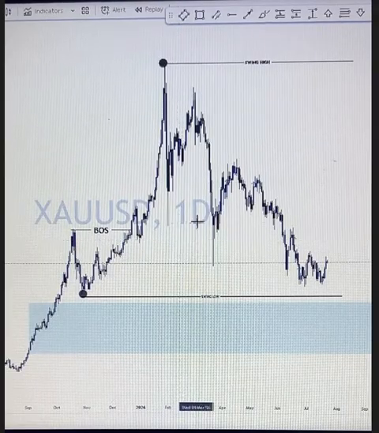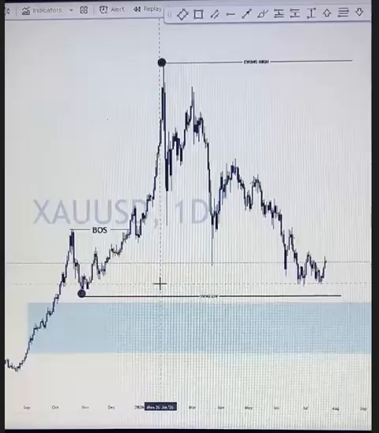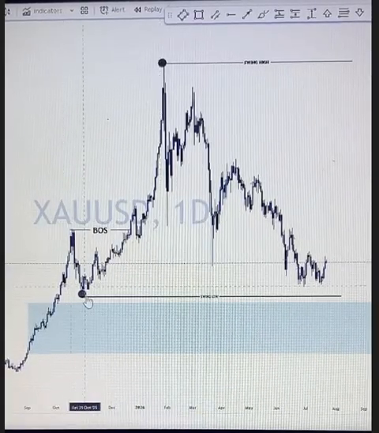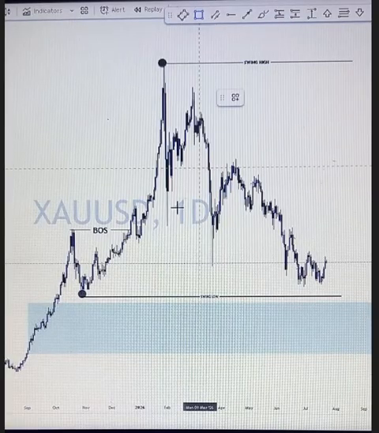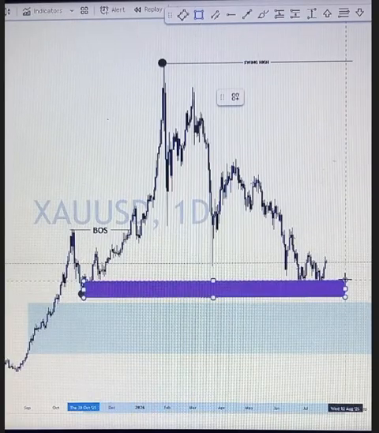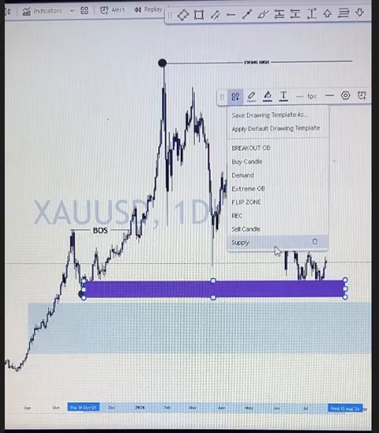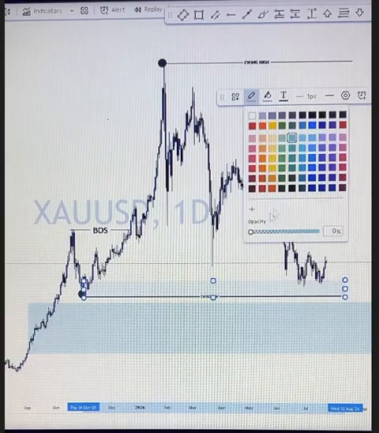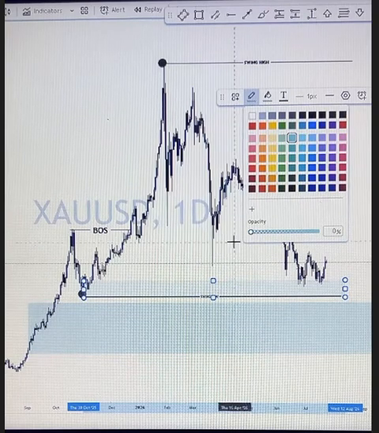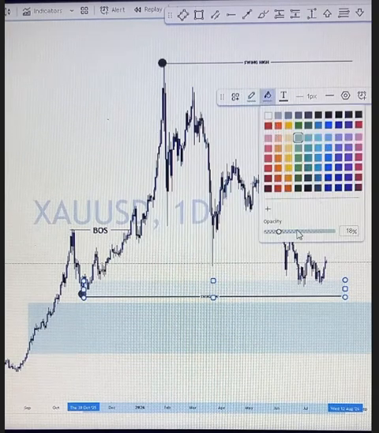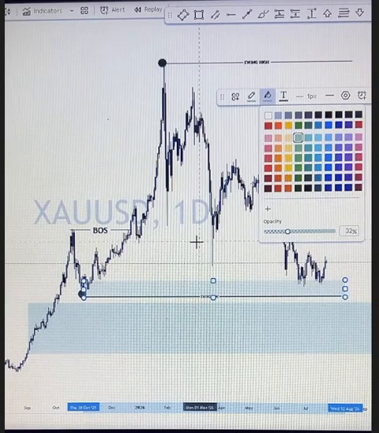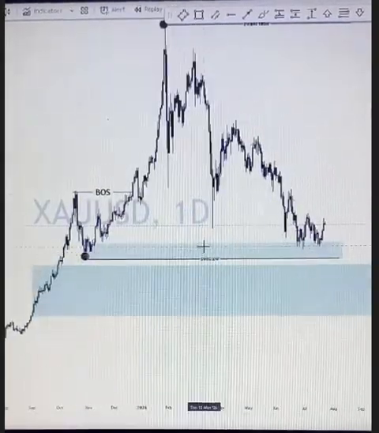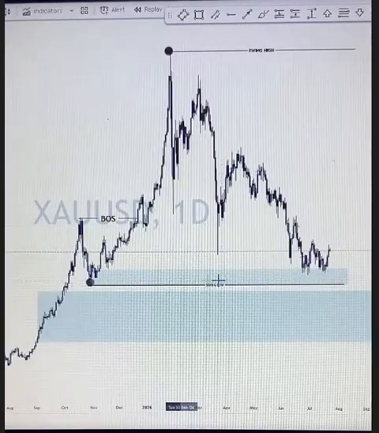Mark what? Key level. Thank you. After we've gotten our new direction, which is our breakout, the next thing we do is mark our key level. It is necessary. We want to mark our key level because that is where we are expecting a high probability setup. Now, what do we call this key level?